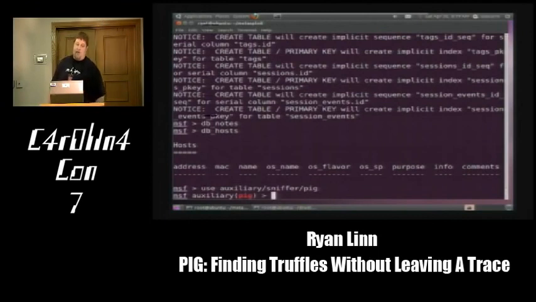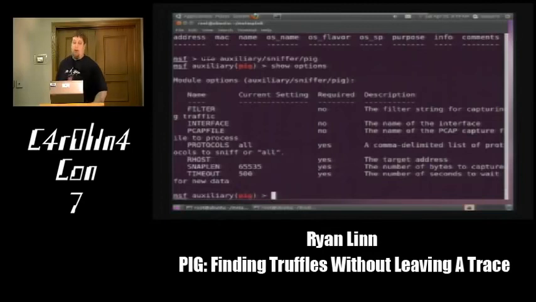I'm still trying to make this a little bit better before I hand all this stuff over. So it is in my Subversion repository, which you can look at the URL later in the presentation. To look at the options, we can do show options. What we're going to do is use our PCAP file that I captured earlier.